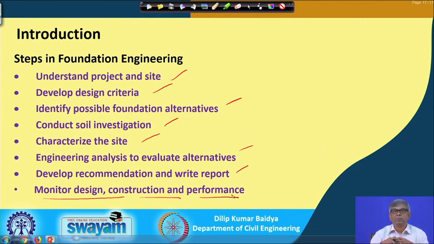Because we have designed with some expectation that it will perform like this, but it may not perform accordingly. So, it may or may not. To make sure, you have to have some monitoring arrangement, and you have to see that it is performing properly, and if it does not perform, then obviously you have to take some corrective measure even after construction. So, these are all finally in the form of a summary.